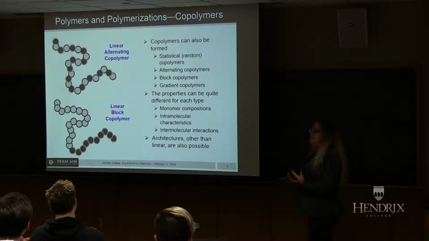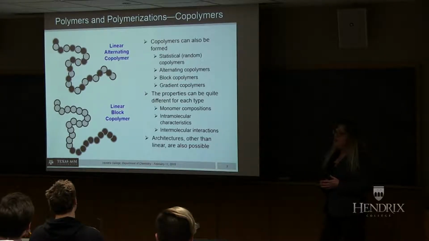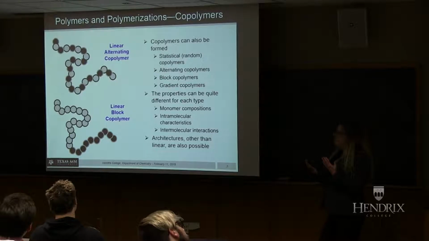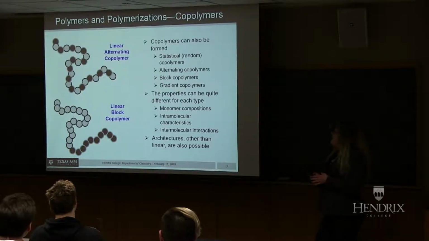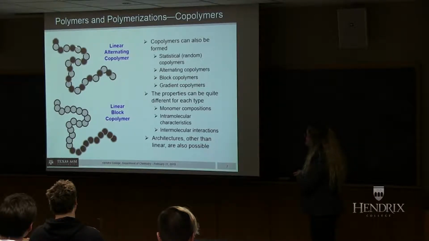Okay, but there's an abundance of opportunity to have copolymers. So copolymers have multiple compositions in the repeating units along the backbone. So if we have just 2 different kinds of repeating units, then those could be organized in a variety of different sequences. The 2 extreme cases would be each repeat unit alternating. So we have, say, an A type of composition, then a B, then an A, then a B. And that alternating copolymer would have very different properties